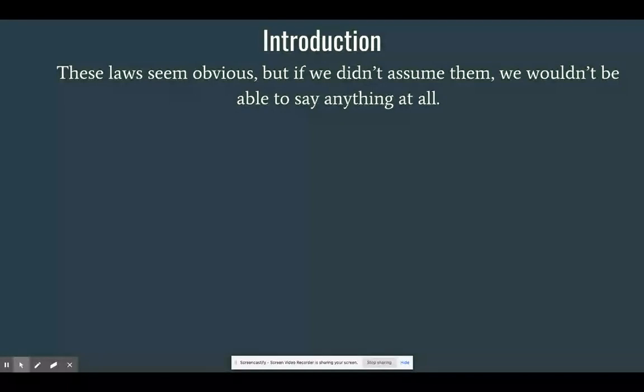And these laws, I hope you guys found, were pretty obvious and not overly confusing. They seem pretty obvious, but if we didn't assume them to be true, we wouldn't be able to say anything at all. For example, let's say me and Georgia are driving somewhere, and I say, hey, Georgia, is there an 18-wheeler coming? And she says, no, there is not. Well, I hope she's telling me the truth. I hope she doesn't mean no and yes at the same time. I have to know what she means or we're going to get ran over, right? These laws mean that we are able to communicate in a way that's not confusing, in a way that's consistent.